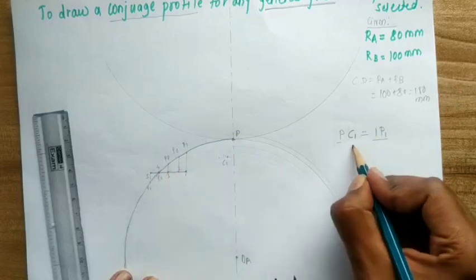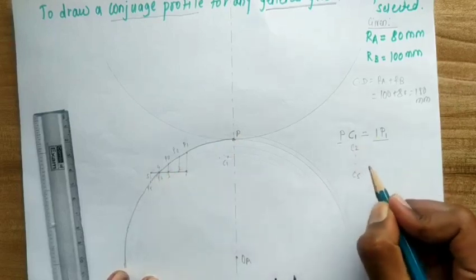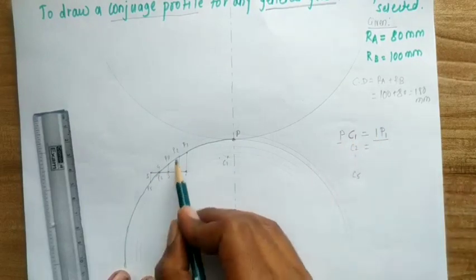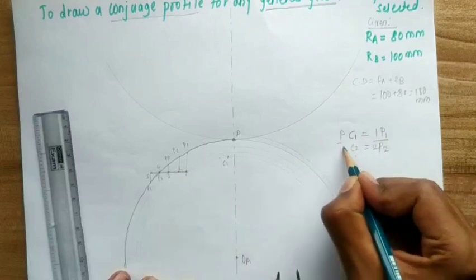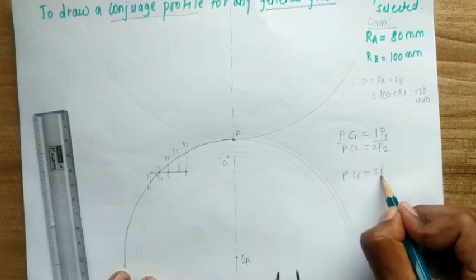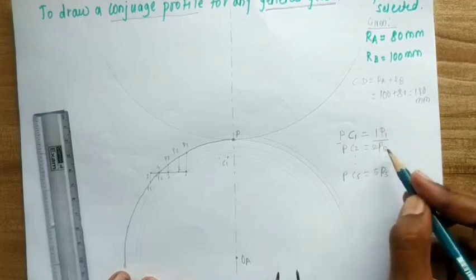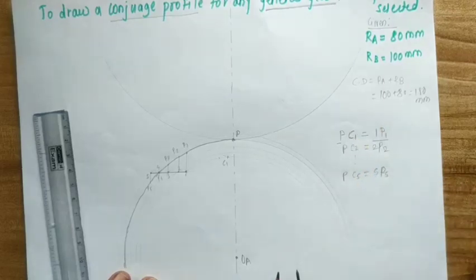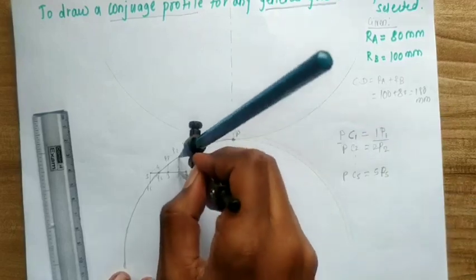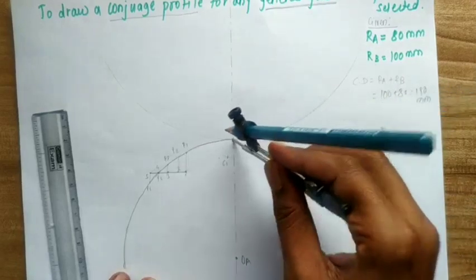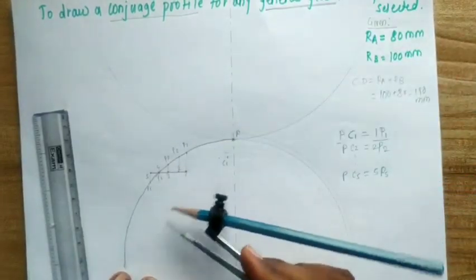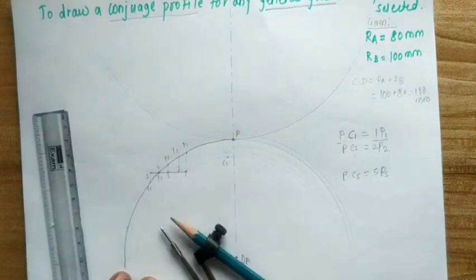So I want to find C2 up to C5, and to get that I use the same relations. To get C2 I will use 2P2, so 2P2 is equal to PC2, and similarly PC5 is equal to 5P5. The distance is known to you, the pitch point is known to you, so we will get C1, C2, C3 up to C5. Likewise, with distance 2P2 and center P, cut an arc on the locus of 2, I will get C2, and go on following. So we can get C2, C3, C4 and C5.